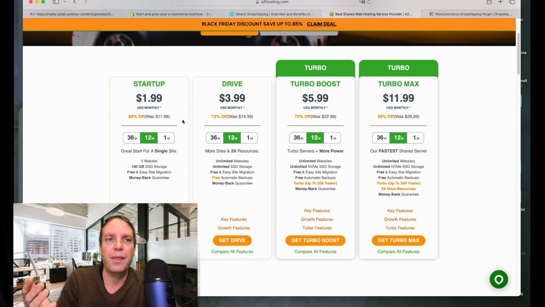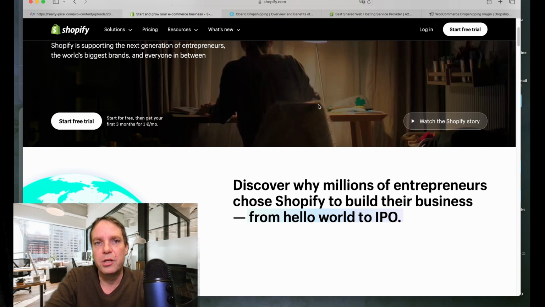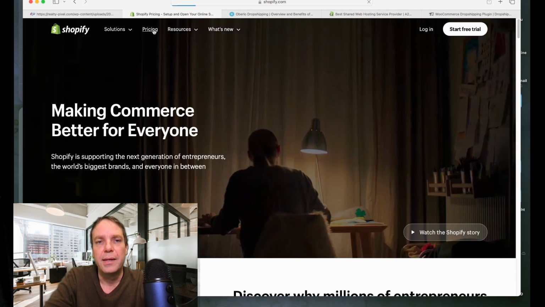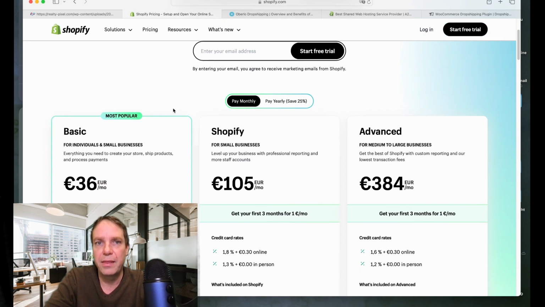And yeah, on the other hand, with Shopify, you pay, let me go to Shopify real quick. Maybe they show their plan, pricing. Yes, pricing. Yeah, Shopify is a little bit more expensive. You can see it's 36 euro. So I think in US dollar it is 38 US dollar, I think. And yeah, this is really expensive, Shopify. So if you want to save money, then yeah, go definitely with